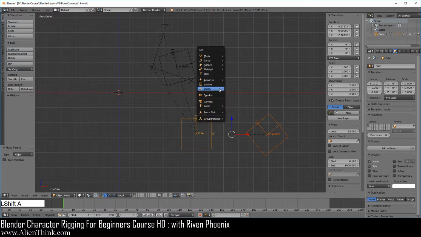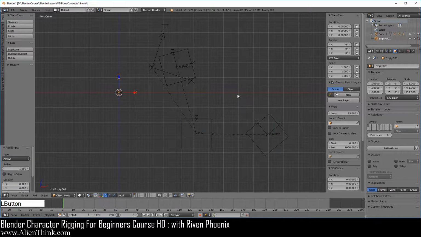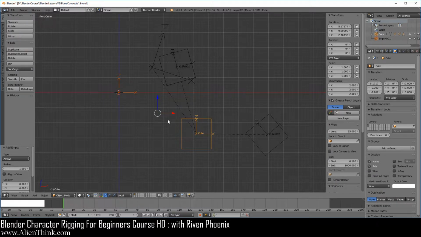We have to do Shift A, and in order to track that imaginary center for this relationship, we're just going to click on arrows, click on this object, press the Shift key down, and of course we have to tell the parent to track this center for this object, because this object is the child of this object. Now do Control P and Object.